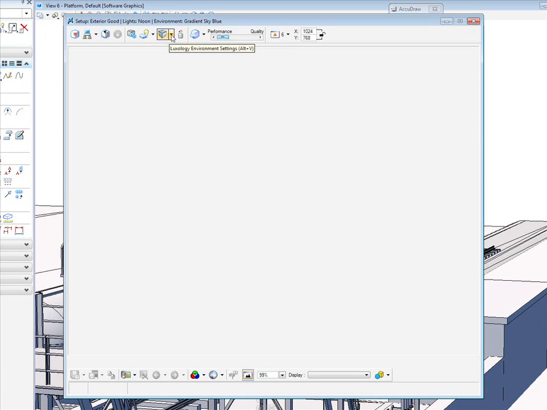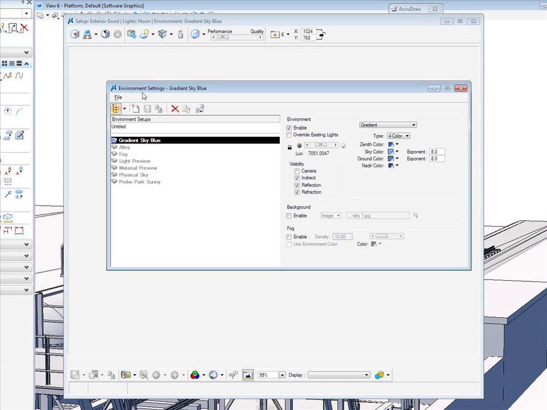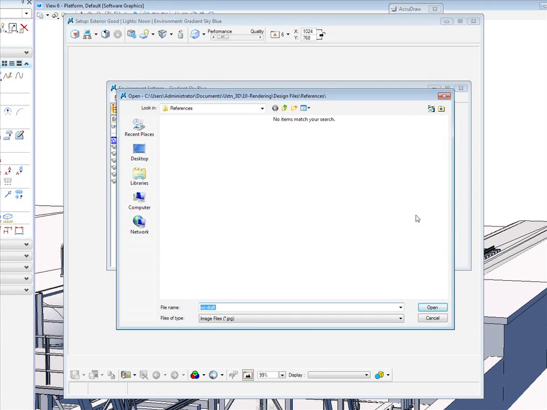we can now go into our Luxology environment settings. We're going to select gradient sky blue. We're going to leave all of these as their defaults, but we're going to come down to background. And in background, we're going to check on that to enable it. We're going to click on the jump box and choose image, and then we're going to click our magnifying glass. Our open